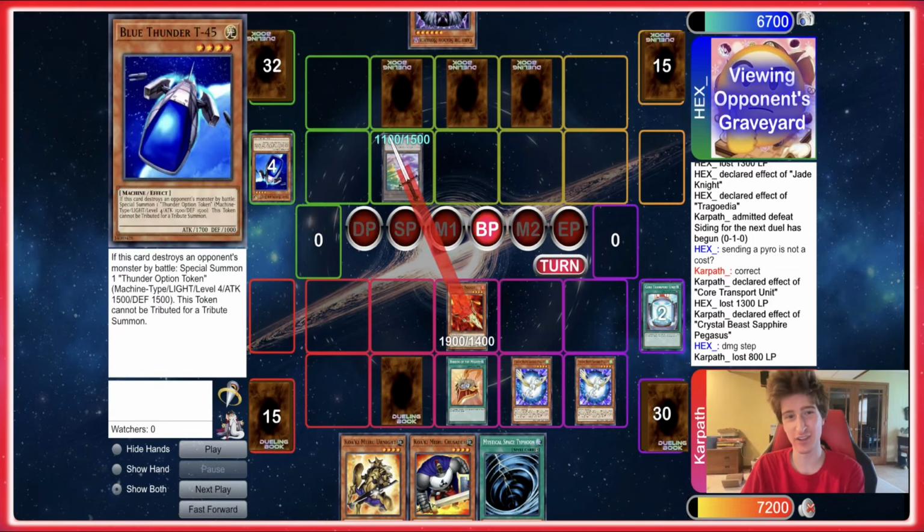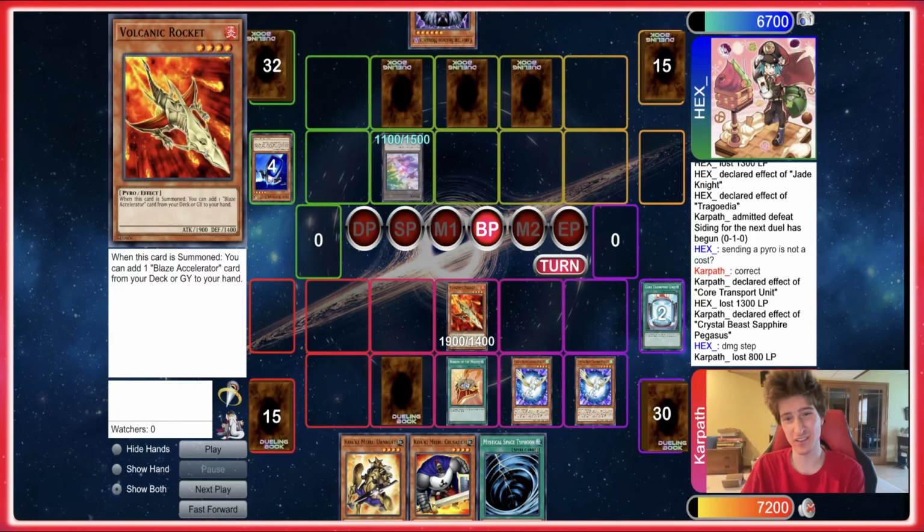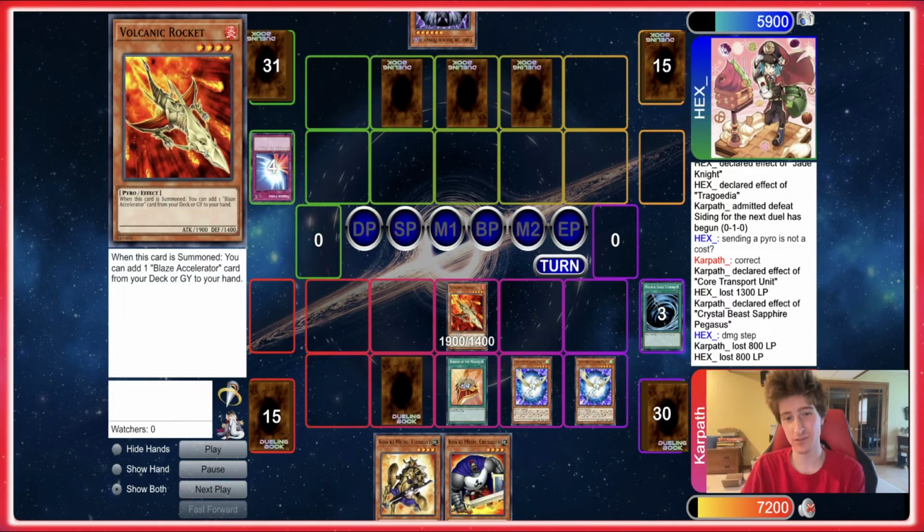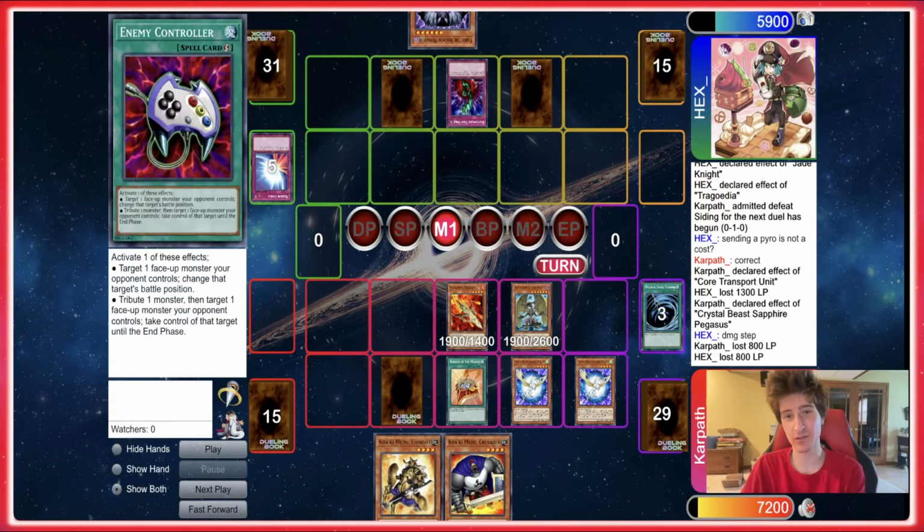He could have used Econ for that, actually, right? This thing's only down to 13. Yeah, he could have used Econ for that, and it kind of would have accomplished a similar thing. I guess he just wanted to do some damage. I don't know. We draw into Dragon Queen, which is...